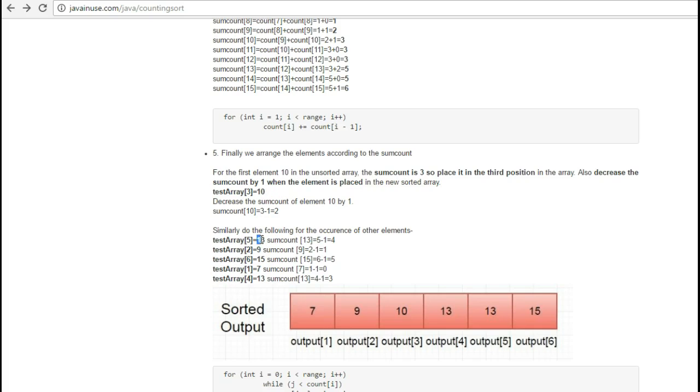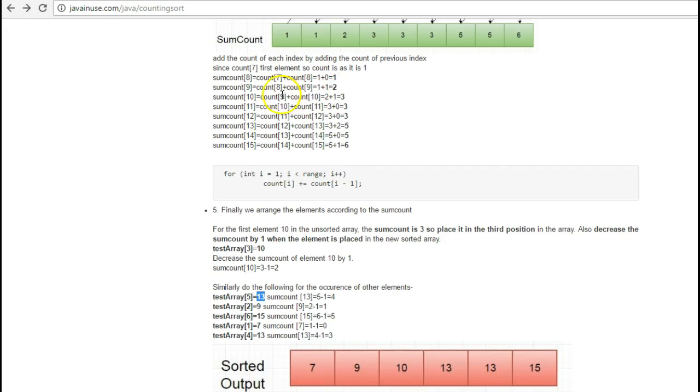For the next element 13, the sum count currently is 5, so we'll place it in the fifth position, and also we'll decrease the sum count by 1, so it will become 4. For 9 the new sum count will be 1. For 15 the new sum count will be 5. For 7 the new sum count would be 0, and again we have here 13.